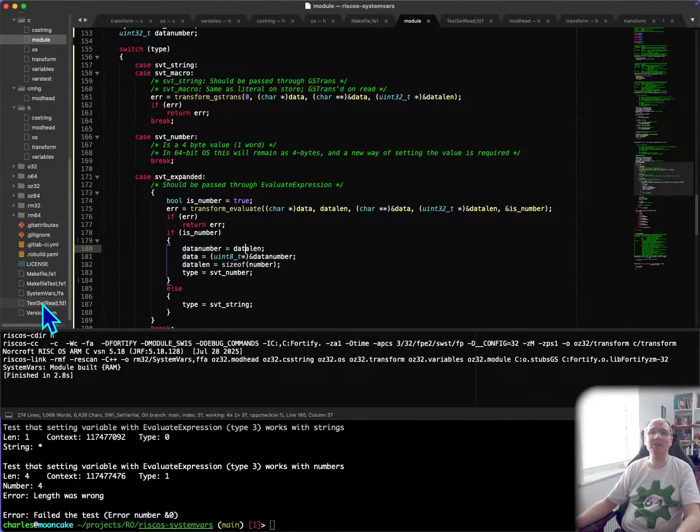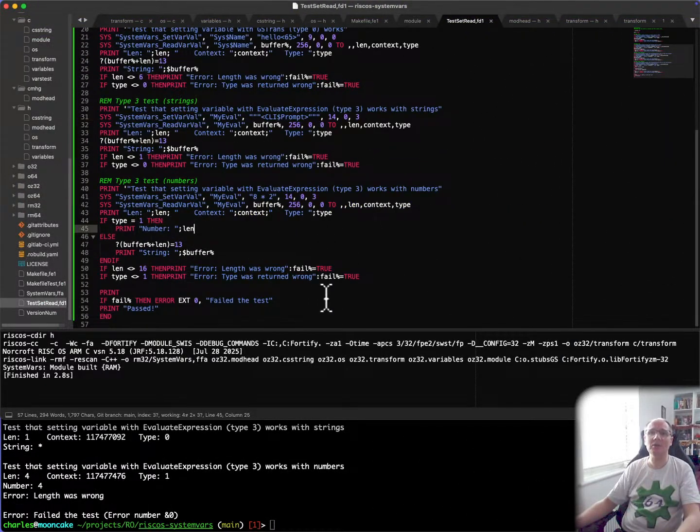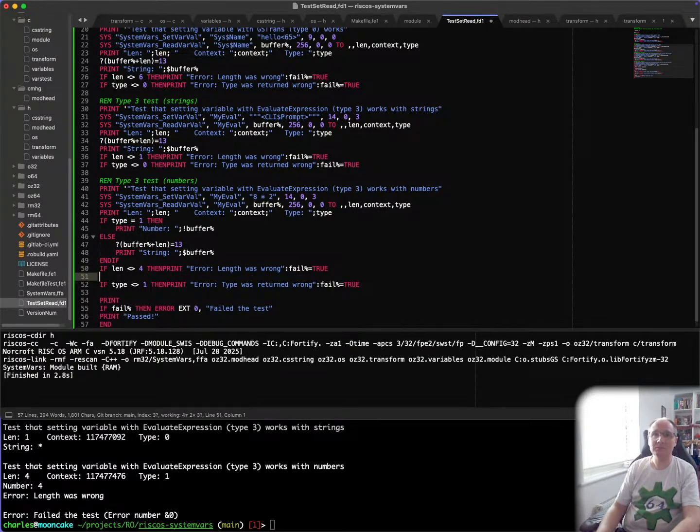So I think it's my test code that's wrong. So if the test code is wrong, number is the value at buffer. The length is always going to be 4 if it's a number. Do that test at the end, if it is not equal to 16, then